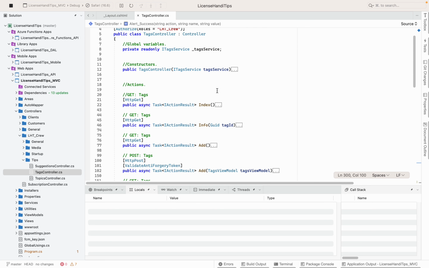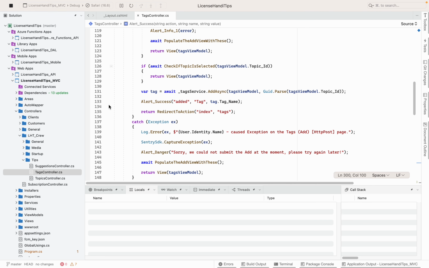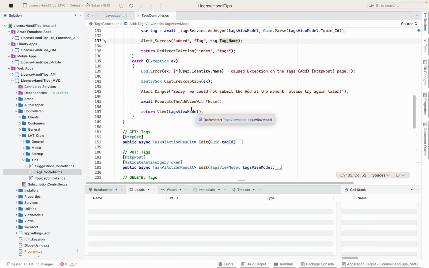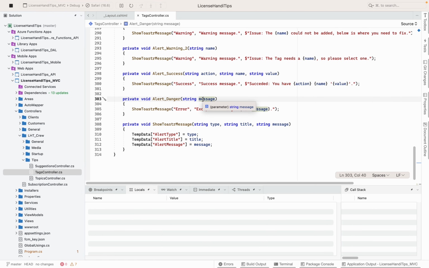So let's quickly show with the add, where we submit that. There we go. For alert success, I pass in the action, which is added. What did I add? The tag, and then the actual value. I also do this for any exceptions. You see, if there are exceptions, there's alert danger. It says, sorry, we could not add it. We could not submit the add at the moment. Please try again. So danger also has only the alert type. The type is going to